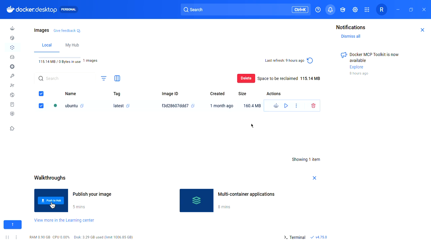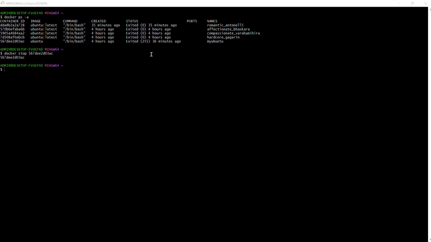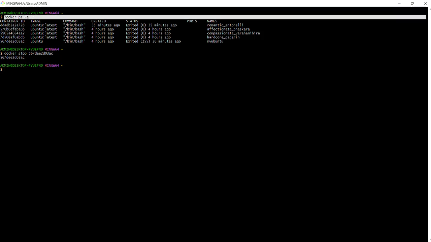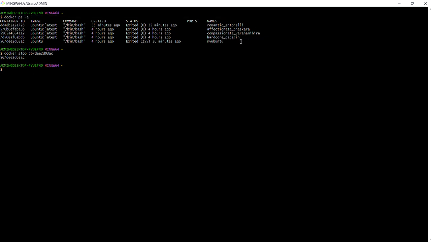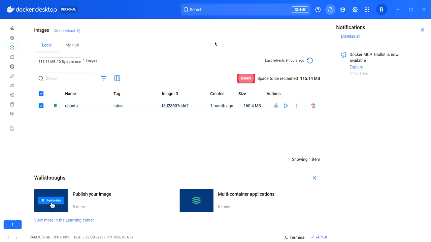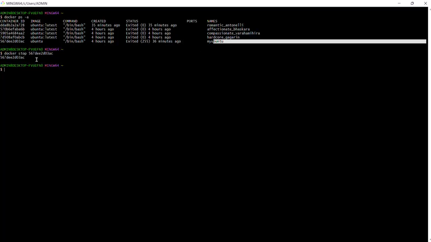So we can't, right? Now, guys, just a minute. So here what is happening? See, with this command, docker ps space minus a, I can find out how many containers are in the running stage. Now I find out my Ubuntu is there, right? Where is my Ubuntu? This Ubuntu is running, right? So I just run docker stop id. What is the id of the Ubuntu? This is the id. I just stop it.